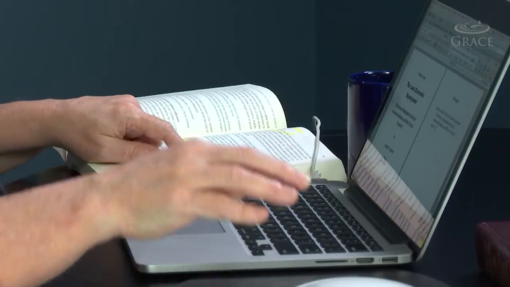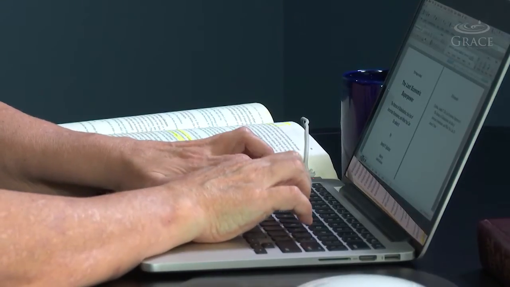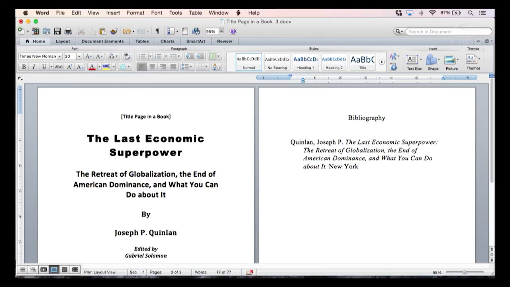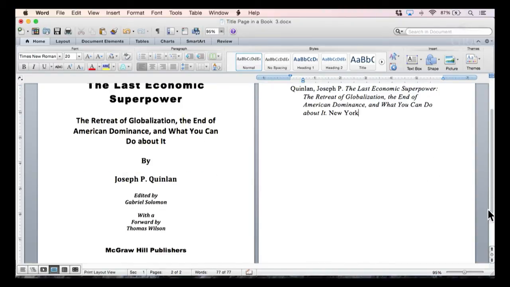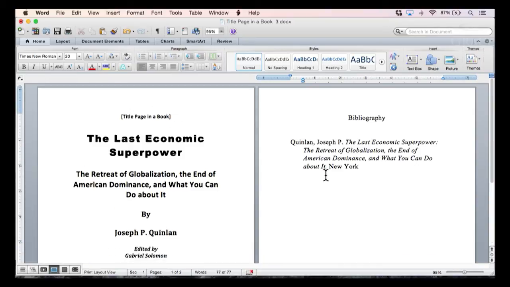The next thing that we put is the city where the book was published. And make sure you're not in italics anymore, because that wouldn't be right. The book was published in New York. Remember what I told you? No matter how many places of publication there are, you put the first one. And then the name of the publisher is almost always above the city. Lots of people will put the publisher first and then the city because that's the way it was on the title page. Unfortunately, Turabian doesn't do it that way, and very few formats do. The city goes first, you don't need the state, and then put the name of the publisher. In this case, it's